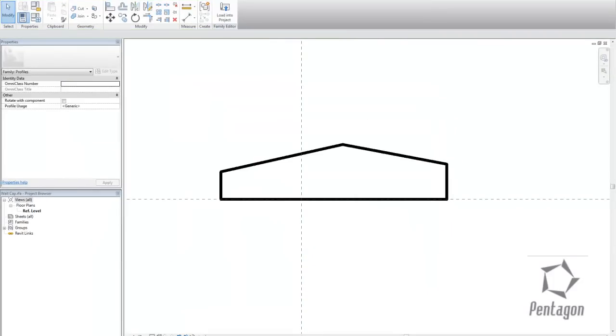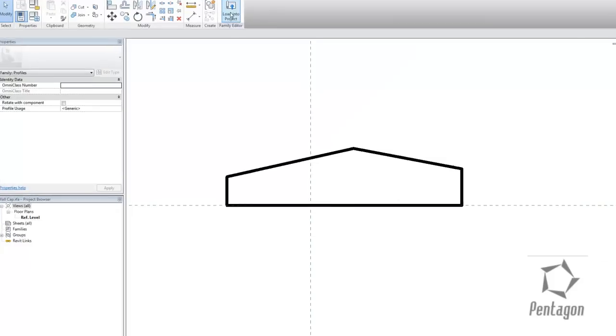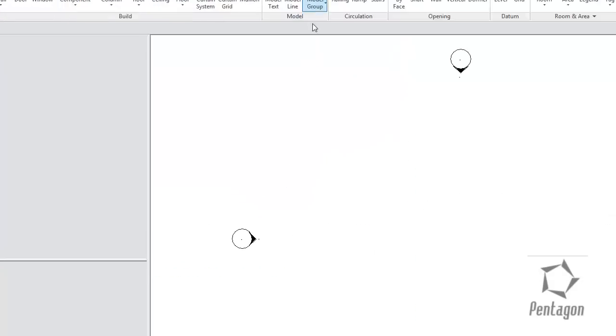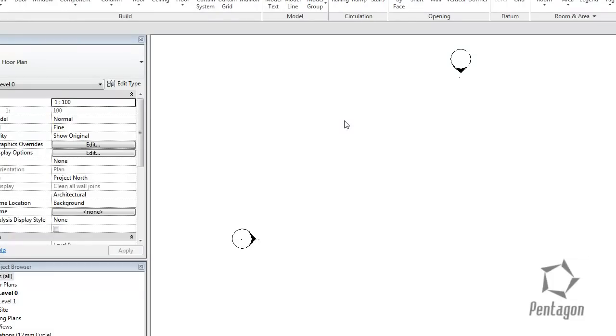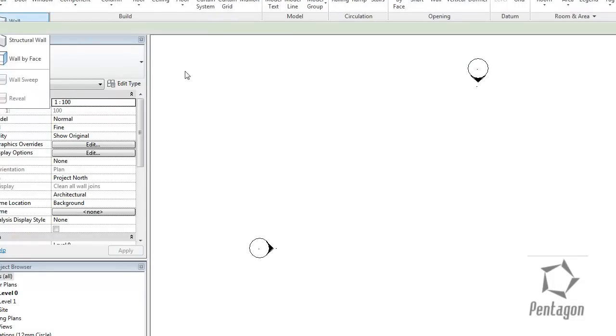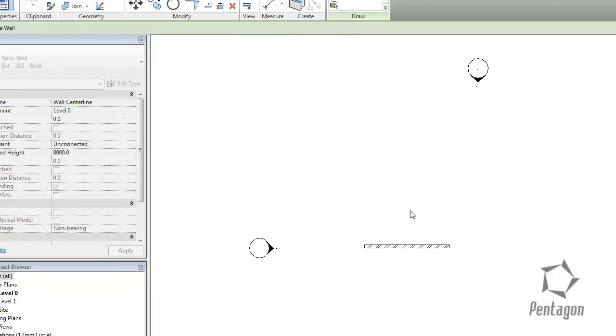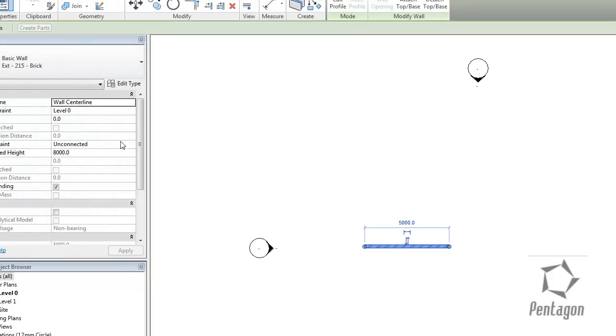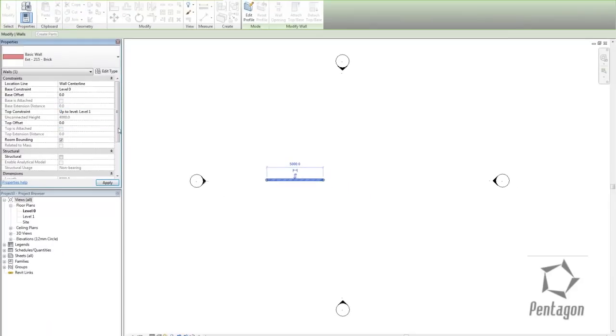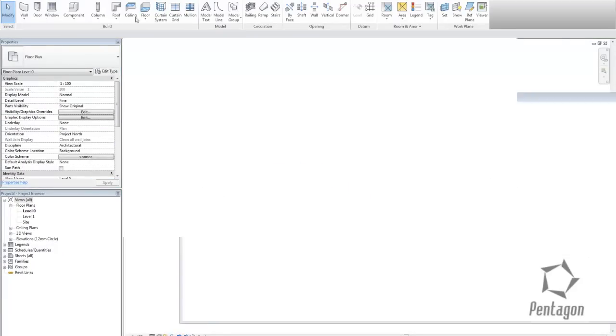And we have a very handy button here called Load in the Project. So we simply hit Load in the Project, and it will load it actively into the project. So I can bring in a wall style now. Now, wall style is a system family, i.e. it's contained within the drawing, and if you want to edit it, you edit within the drawing. I'm simply going to add in a 215 brick wall. I'm just going to change the top constraint to that. I'm going to make it up to level 1, and we're just going to do this by looking at it